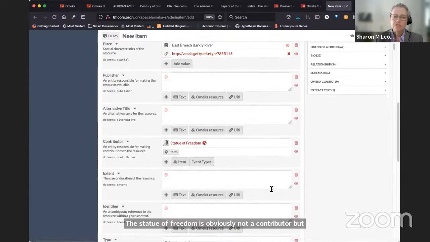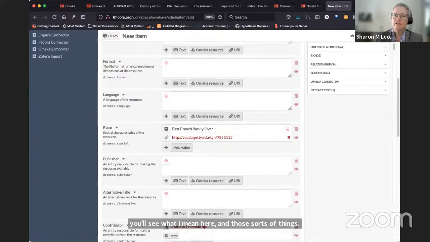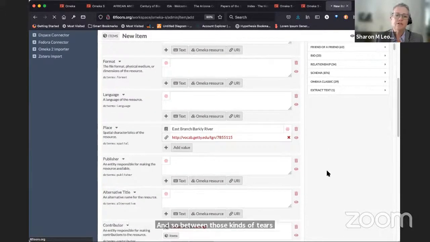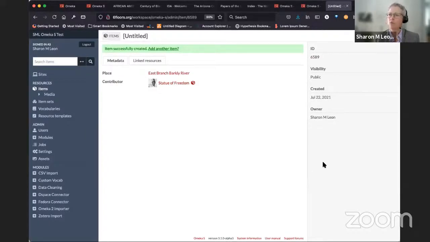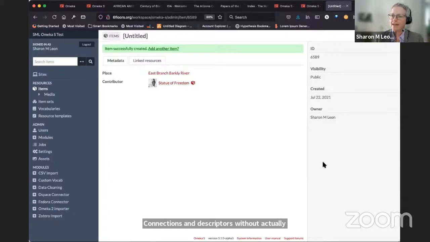And so between those kinds of materials, we get to a spot where it's relatively easy for a user to build out a whole set of linked data connections and descriptors without actually knowing that they're building linked data, which is really pretty nice.